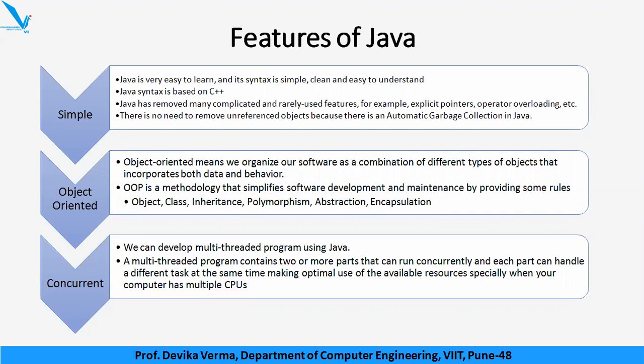Now there's another third feature of Java, that it supports concurrency. What does that mean? That a program can be divided and run in parallel by different cores on multiple CPUs. So Java provides an environment in which a program can be run in parallel on multiple threads. All the memory management, and even the programming language itself, supports multi-threading. So that's why we say that Java is a concurrent language. Okay, so it supports multi-threading.